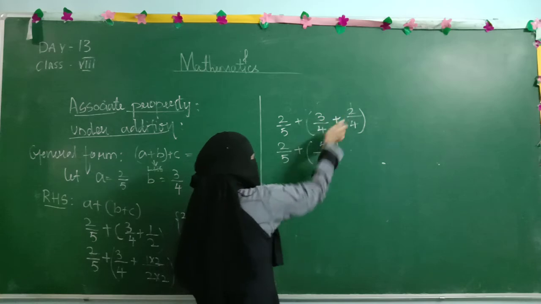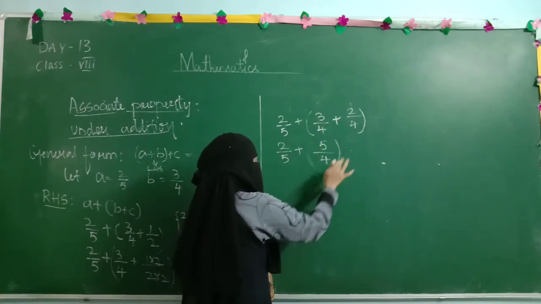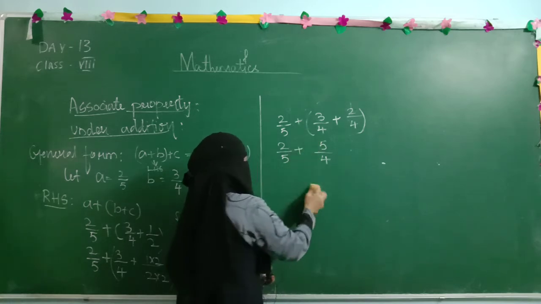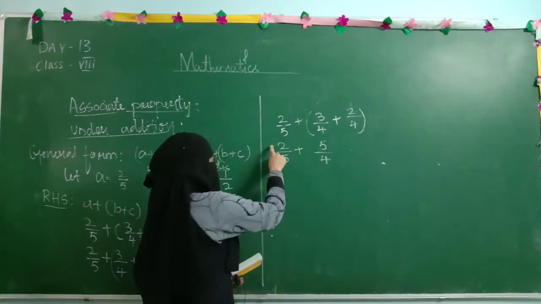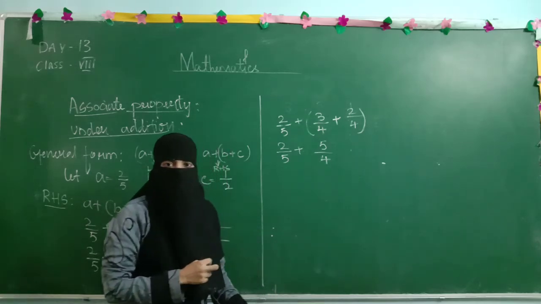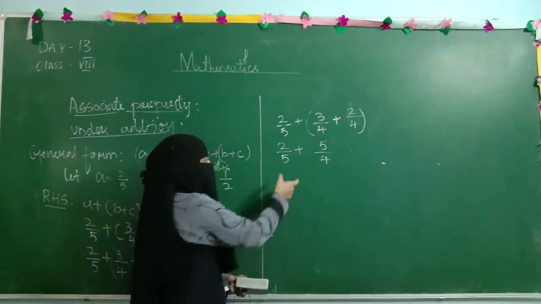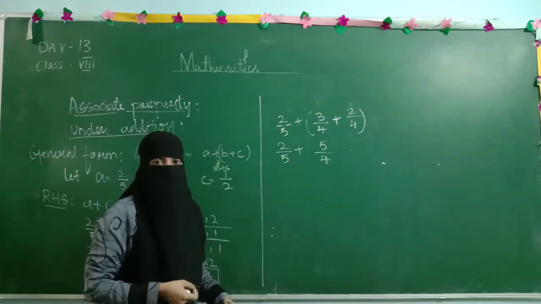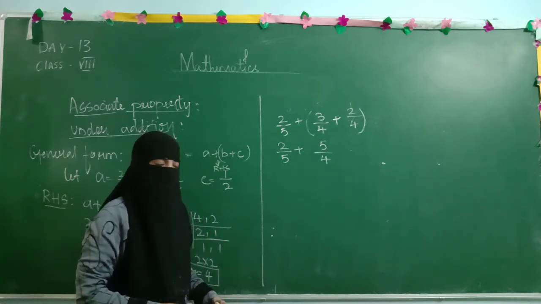Fine. Now we have completed this part. We have solved this bracket term, so no need of keeping the bracket. Because of that reason, I am removing the brackets here. Now again we got two terms, one is 2 over 5, another one is 5 over 4, and we need to perform addition here. Again when you are performing addition, you are finding that the denominators are different. So what do we have to do? Very good. We need to find out the LCM.